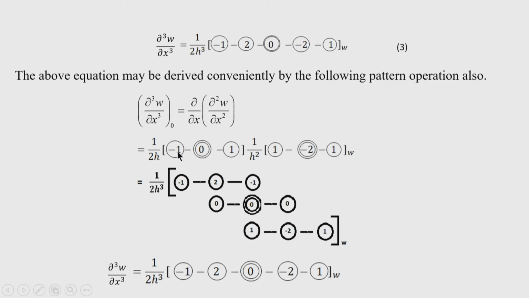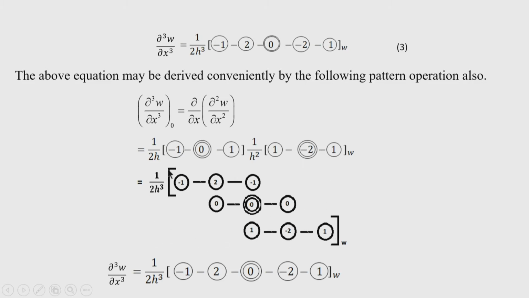So, I multiply this with minus 1. So, minus 1, then minus 2 into minus 1 is plus 2, then minus 1 into 1 is minus 1. Then I am multiplying all the terms by the second term 0. So, that is 0 0 0 and it is starting from the second column. Then the third term, I am multiplying by 1, then minus 2, then 1.